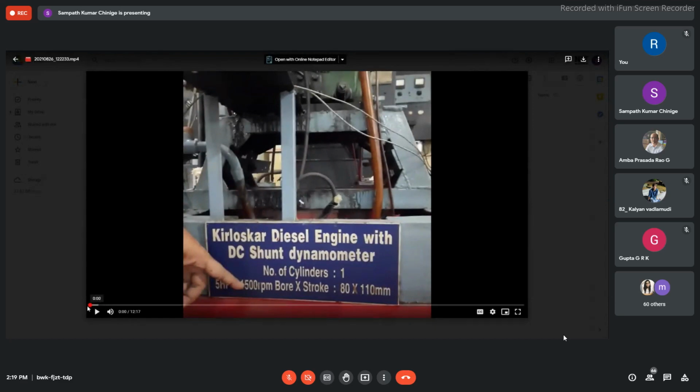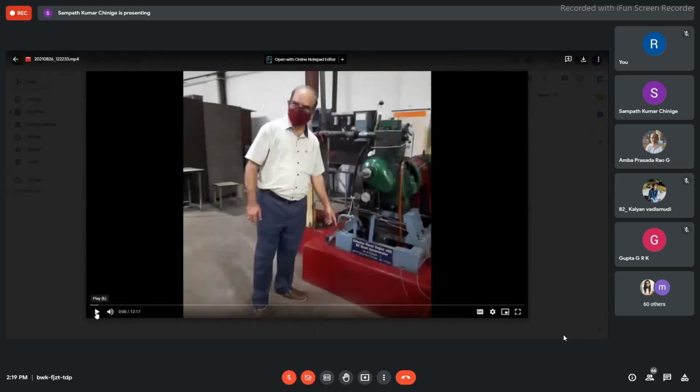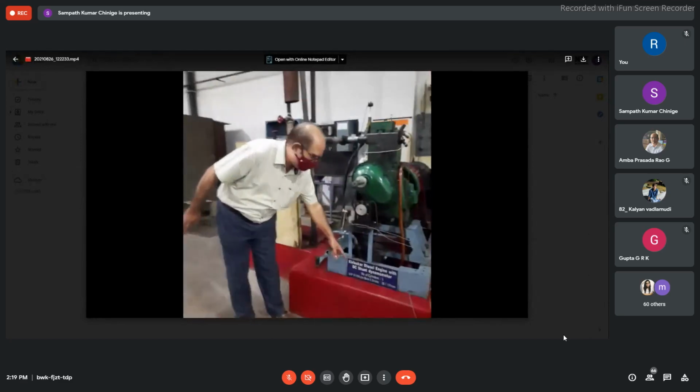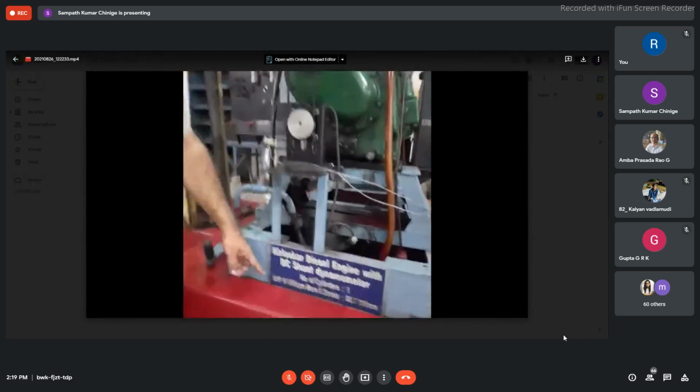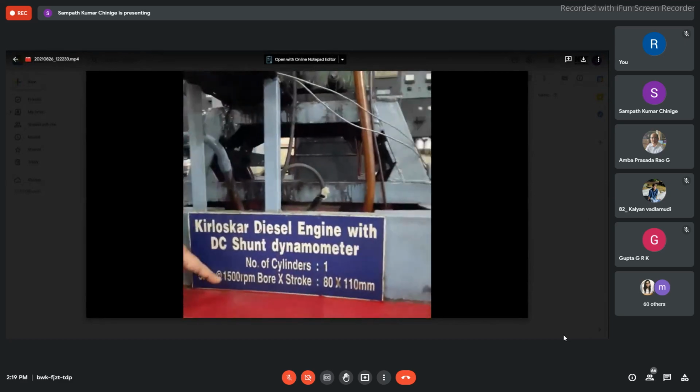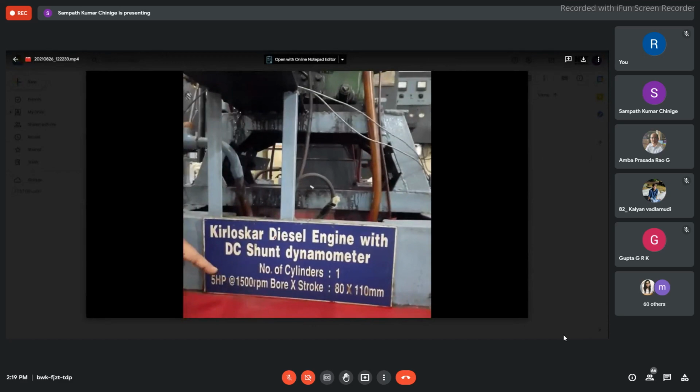Whenever you install, you just have the specifications of this particular engine, wherein it is mentioned that the 5 HP engine, when it is allowed to run at 1500 RPM. So that